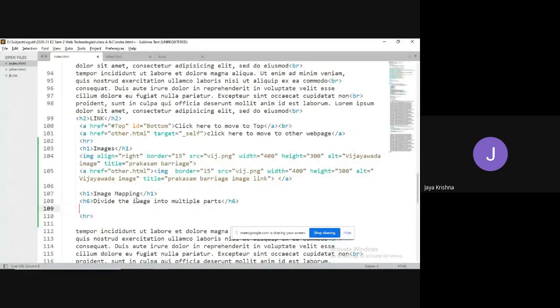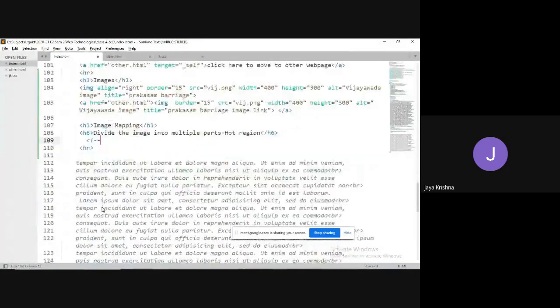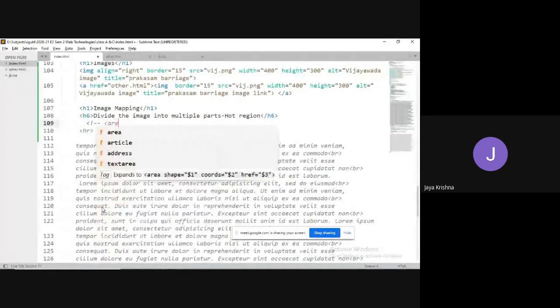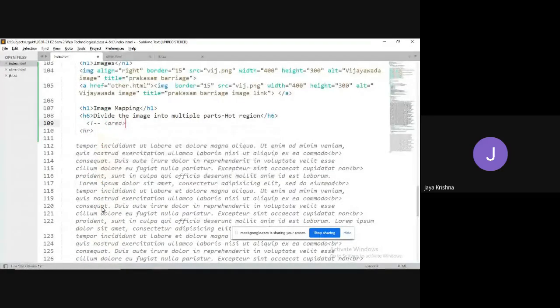Each part we can call a hot region, so that every hot region I can make into one link. Generally in HTML, those hot regions you define with the help of a tag called the area tag. The area tag is meant to define hot regions.